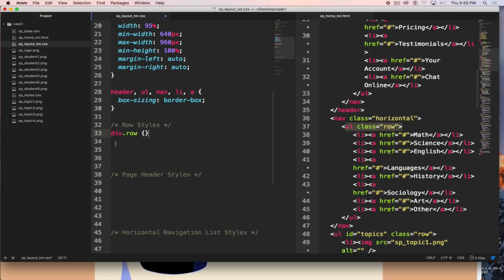Now, if I said header.row and do something, and then on the next line I said ul.row, do something, I could define a different style rule for row in each of these specific instances. Because these lines, header.row, that's what's called a selector. And that selector says any header element with the row class attached to it, any UL with the row class attached to it. But if I'm trying to make all rows,